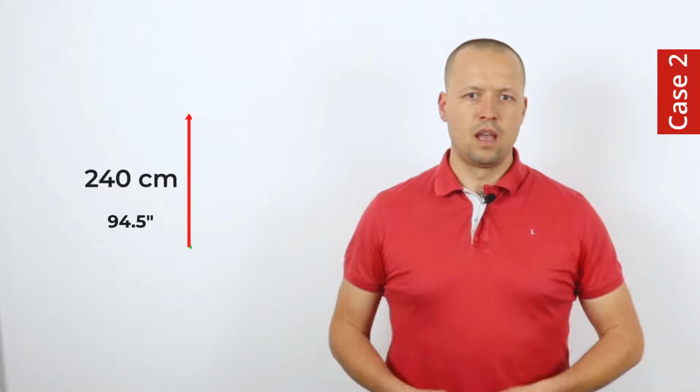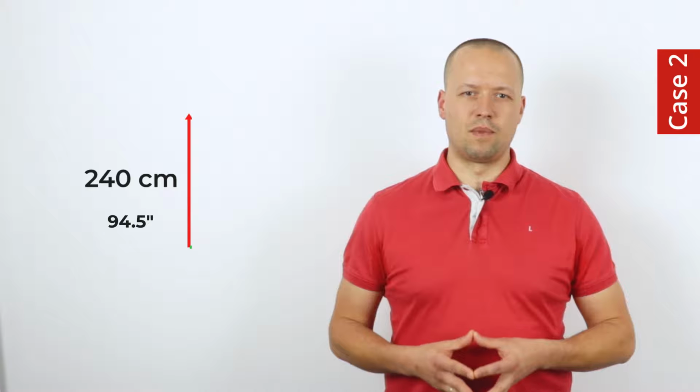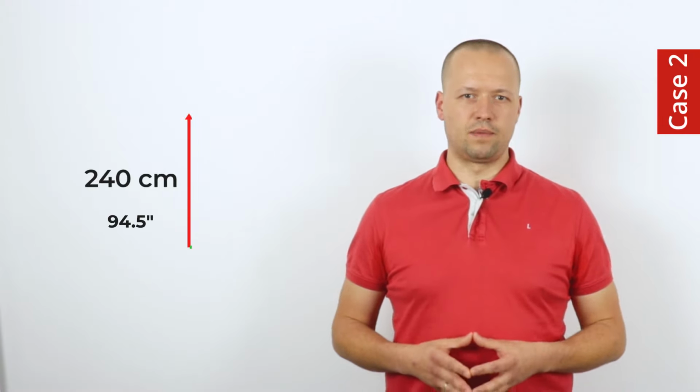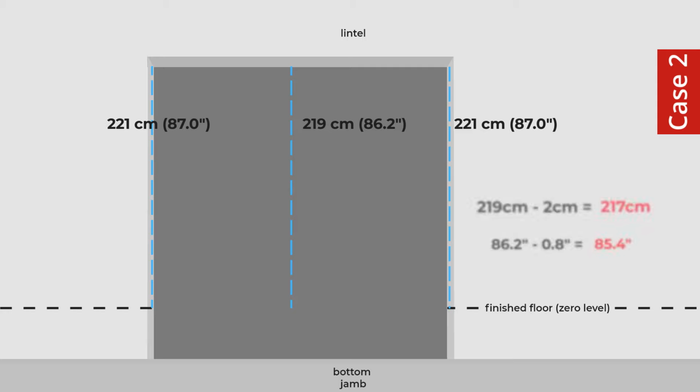The declared height is 240 centimeters. However, it turns out that in practice the finished floor will be 20 centimeters higher than the current bottom jump. After marking it on the walls and using a laser level to measure in 3 places from the side, the dimension from the future level 0 to the lintel is 221 cm on the left, 221 cm on the right and 219 cm in the center. The height from the threshold to the upper frame of the door will therefore be 219 cm minus 2 cm